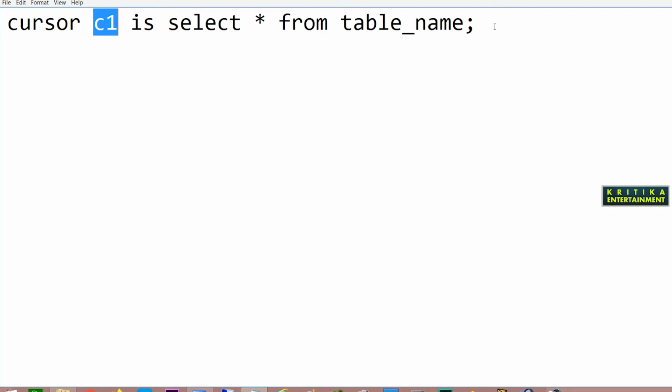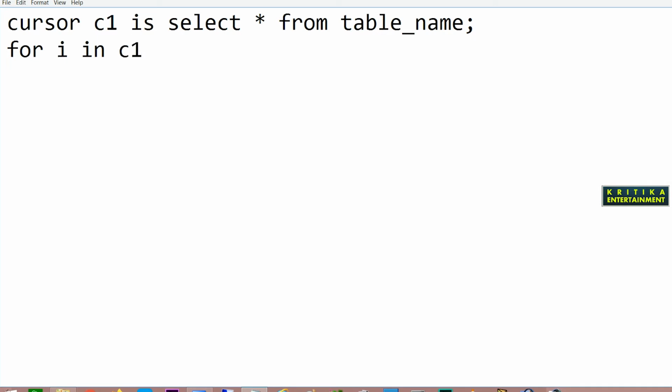Okay, so in the program, what will we write here? We don't actually know how many rows there are, but we can track that in a for loop. So for I in C1.